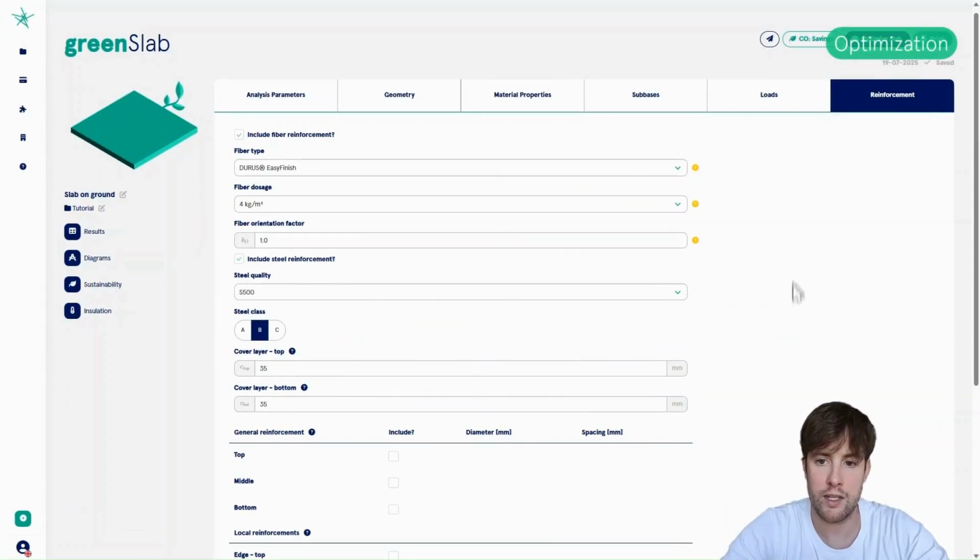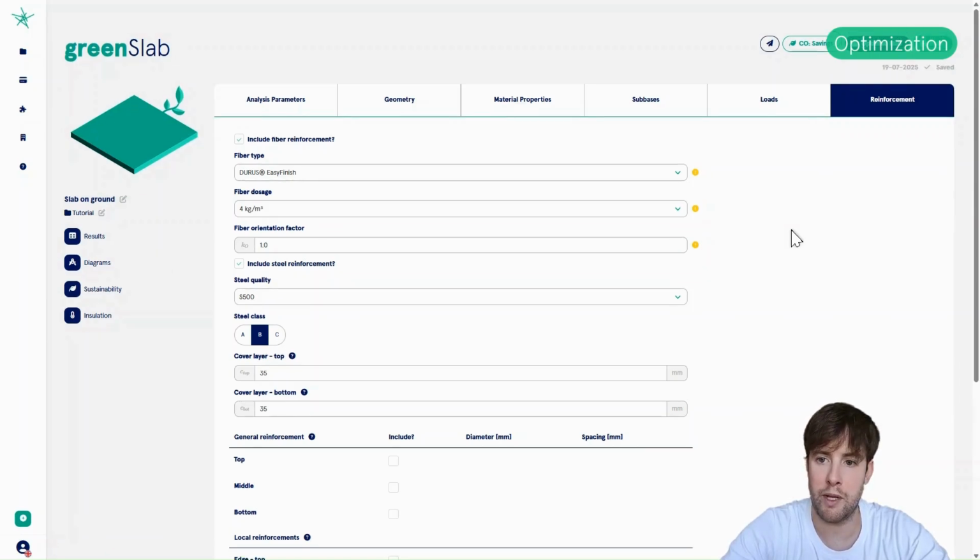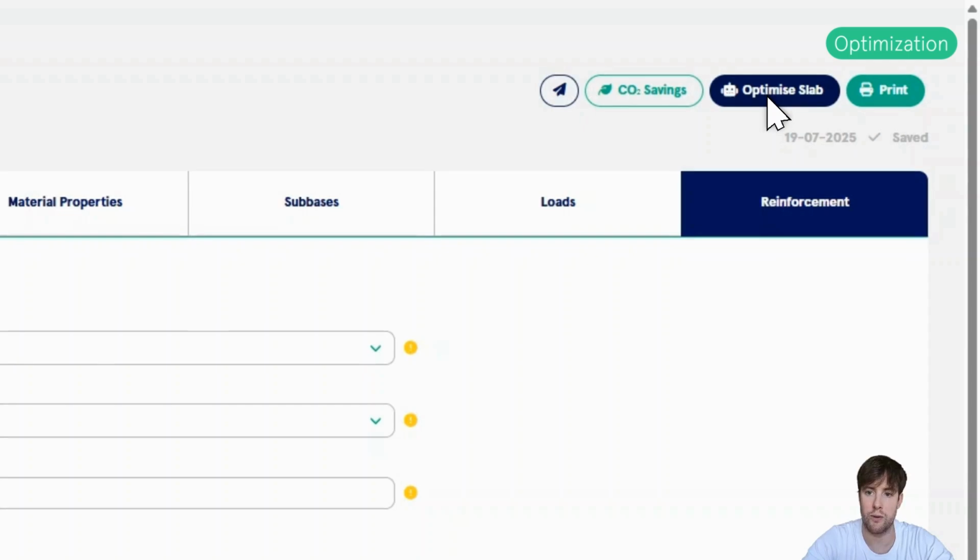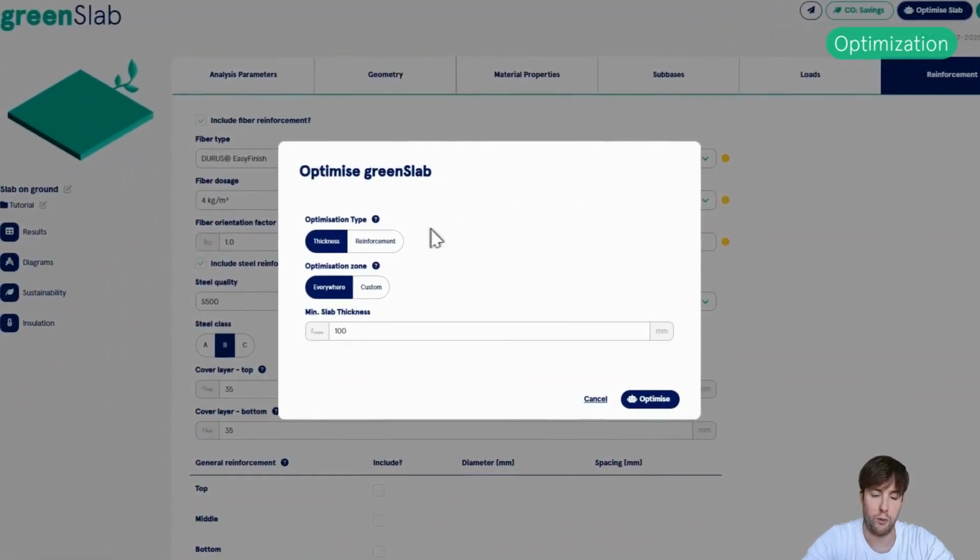So we could call that a day and say we're happy with the design, but we have now implemented this optimize slab function. So we can actually optimize the slab in multiple ways.